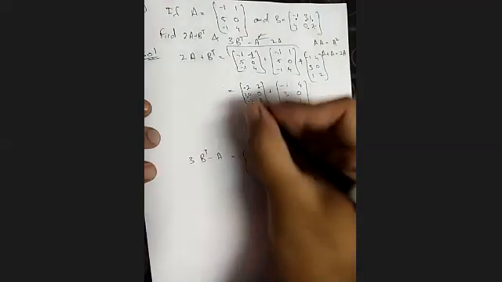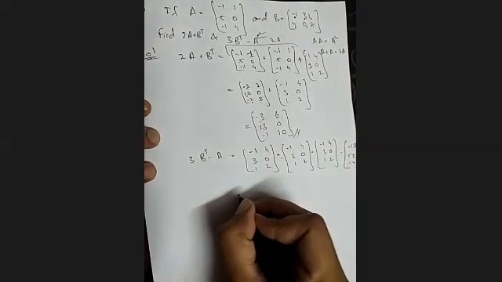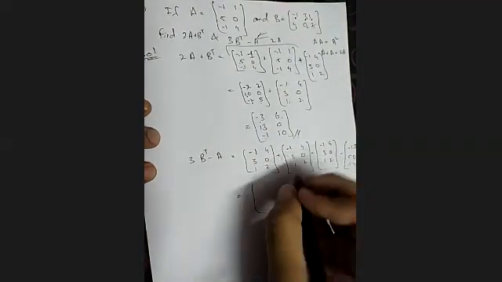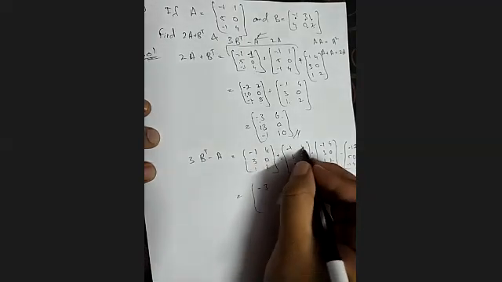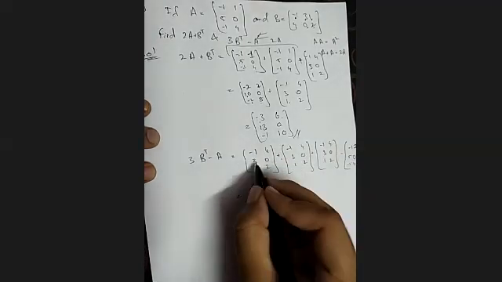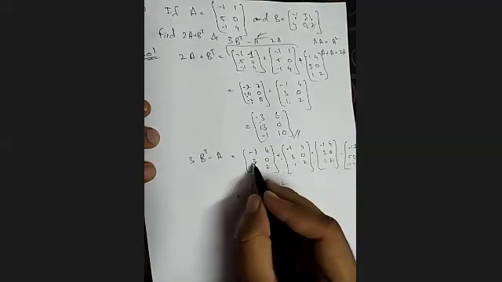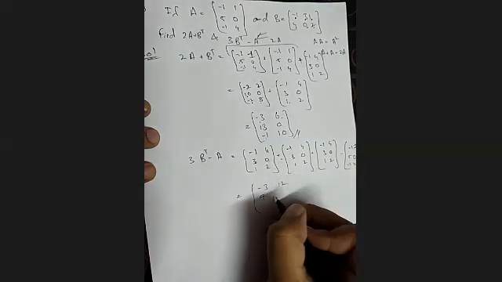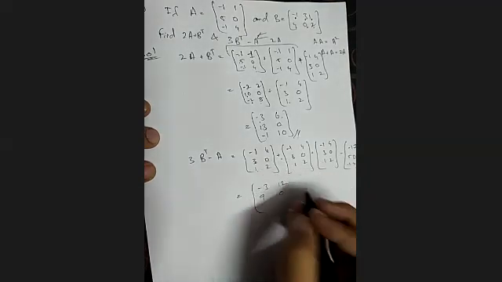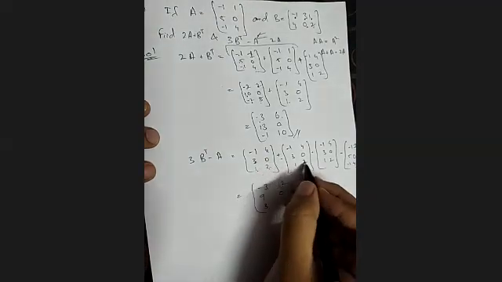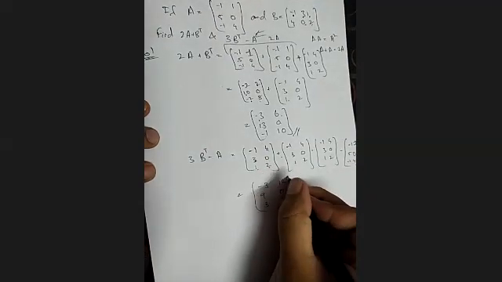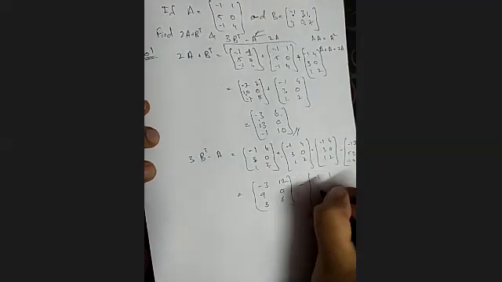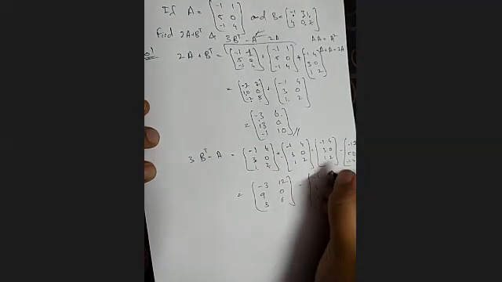Minus A. What is A? Minus 1, minus 1 plus 1, sorry, 5 0 minus 1 4. Add it, you will get it as minus 1 minus 1 minus 1 will be minus 3, 4 4 4, 12. 3 plus 3 plus 3, 9. 0 plus 0 plus 0, 0. 1 plus 1 plus 1, 3. 2 plus 2 plus 2, 6. Minus 1 1 5 0 minus 1 4.